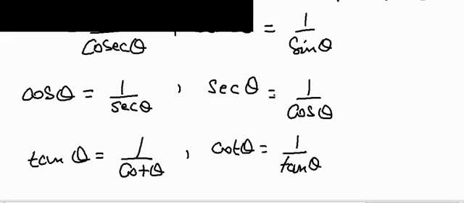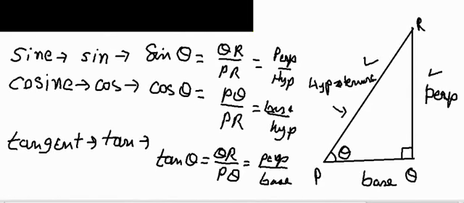Let me just go back and tell you where exactly these ratios are applicable. Supposing in a triangle you have 3 sides, and here you have, say, 5 centimeter, this is 12 centimeter, and hypotenuse of course is going to be 13 centimeter because it's a right angle triangle. So base and perpendicular both squared will sum up to hypotenuse squared. So 13 square will be equal to 12 square plus 5 square.